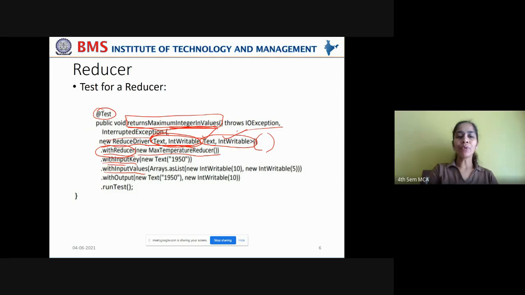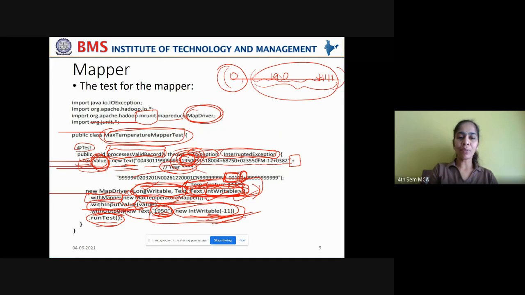And with input key, what type of input is it expecting? It is expecting a text value as input. It is taking a text value as input key. We are just focusing on the input, right? Once this input is taken, you are giving the input values separately. Observe in the previous case, you have given with input value as value.